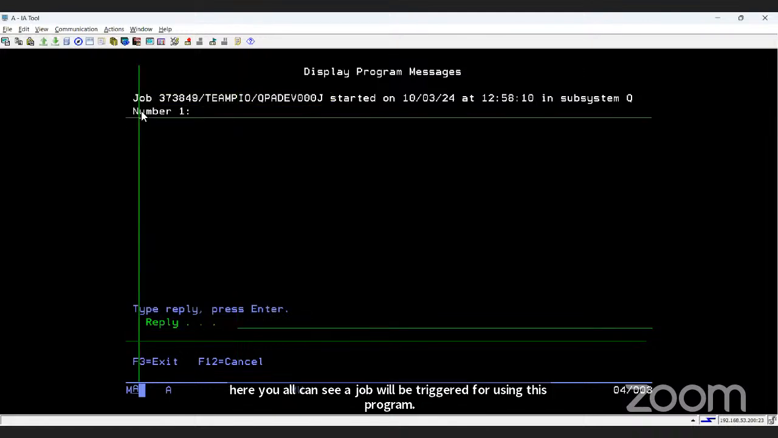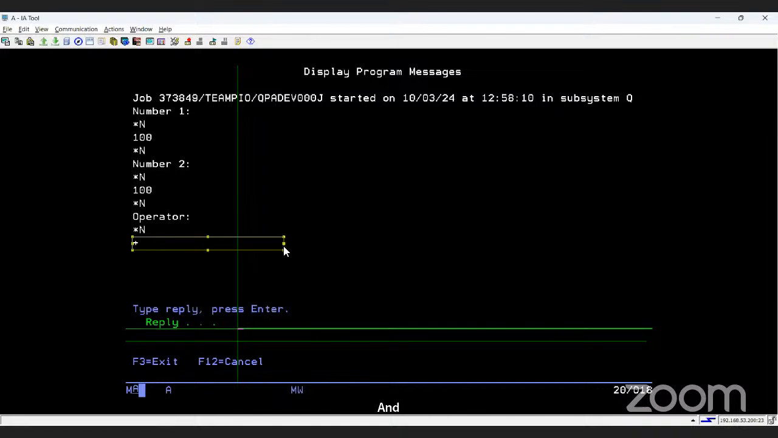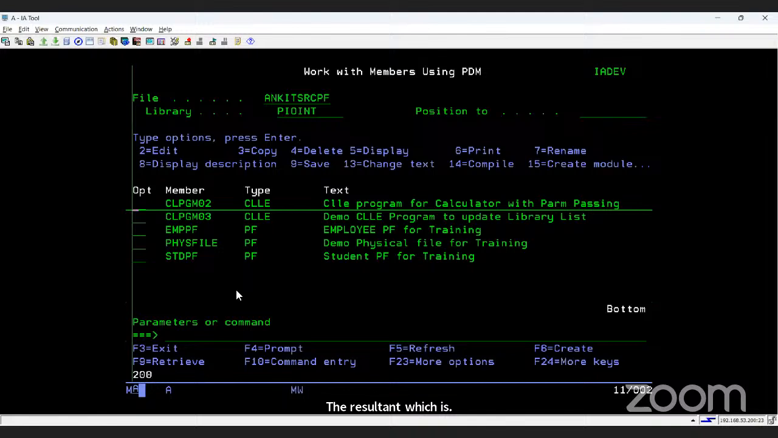After that, it will show the output. The number 1 is 100, number 2, which is also 100, and the operator, which is plus, the resultant, which is 100 plus 100, 200. Quite a simple program, but we learn the parameter passing concept here. So that is the good thing. So we will move to the next